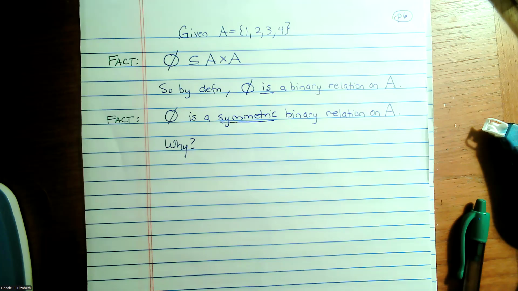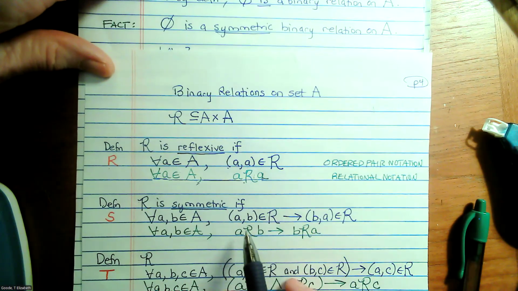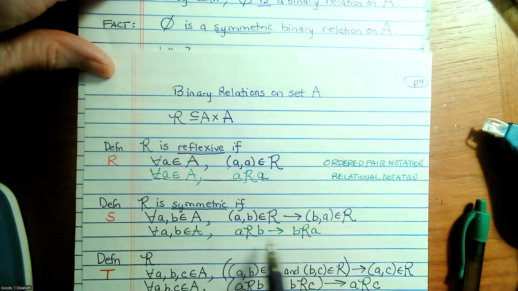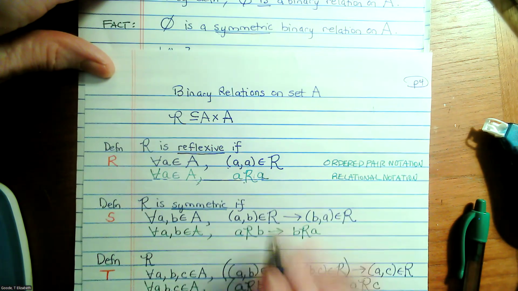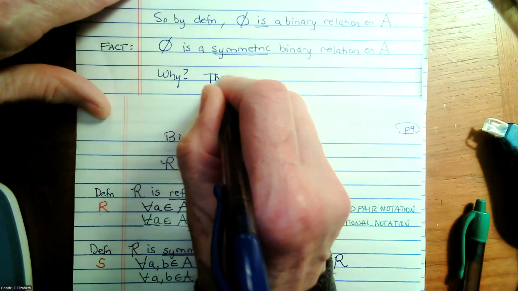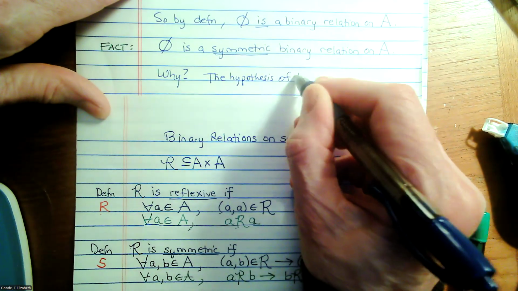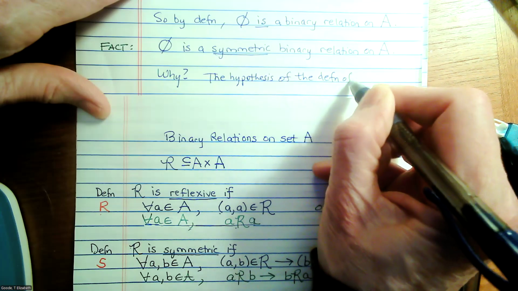Well, let's look at the definition of what it takes to be symmetric. For a binary relation, you need: if A is related to B, then B is related to A. It's an if-then definition, isn't it? No matter what, we need: if A is related to B, then B is related to A. But is there any A related to B in the empty relation? No. Right. The hypothesis of the definition of symmetry